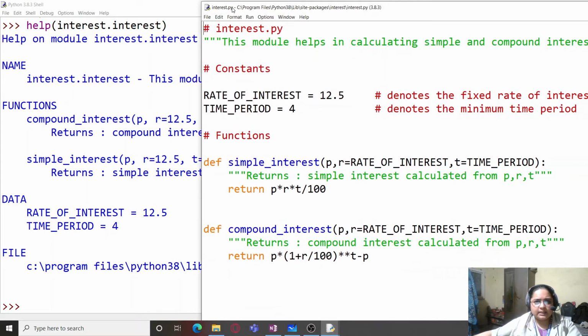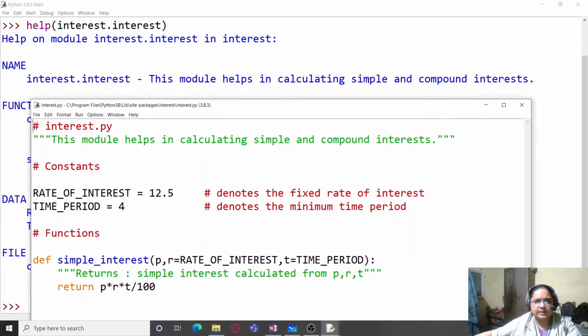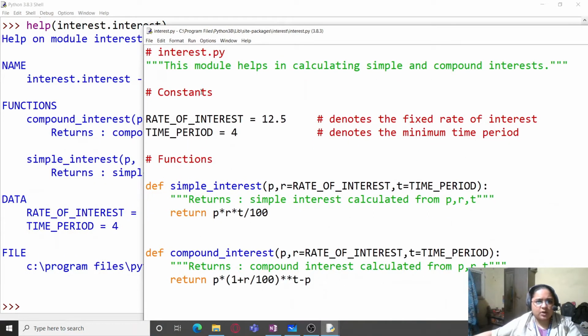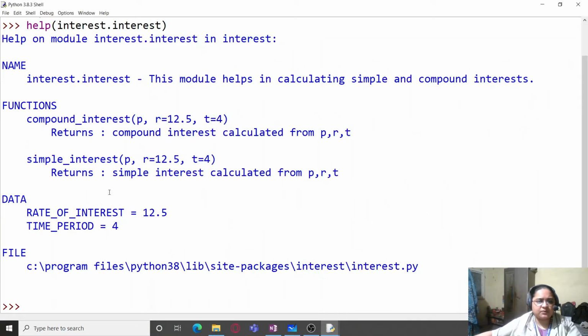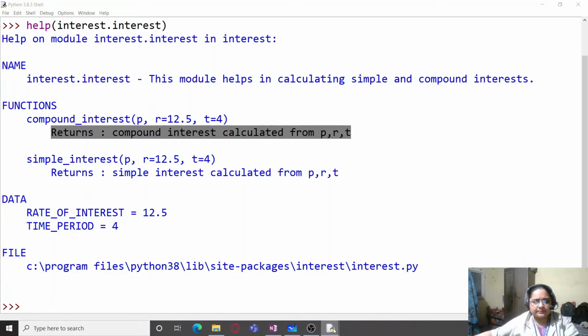You can see where we have used a doc string which is being displayed over here: this module helps in calculating simple and compound interests. This doc string helps us to understand what the contents of this module are. You can also see the functions, and within the functions the doc string is also returned.